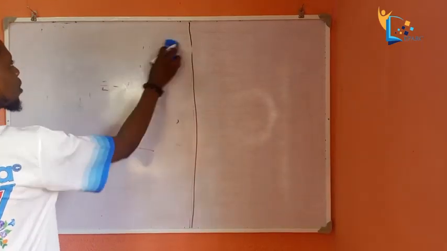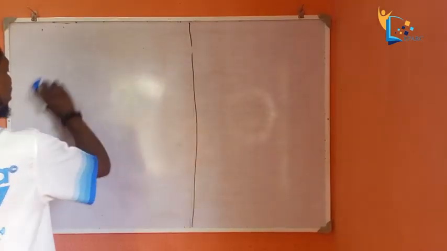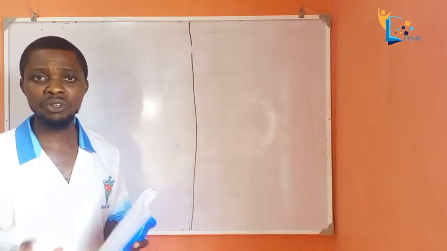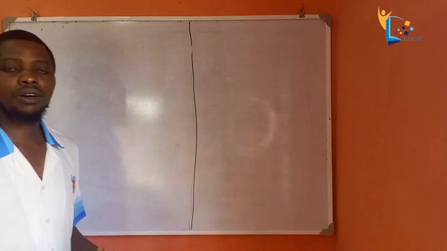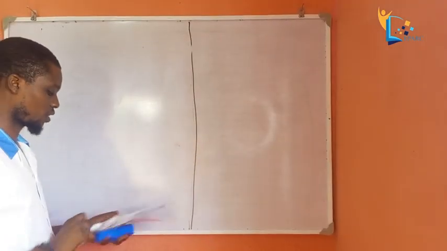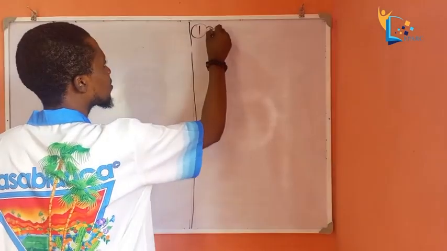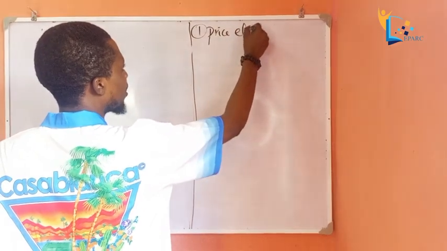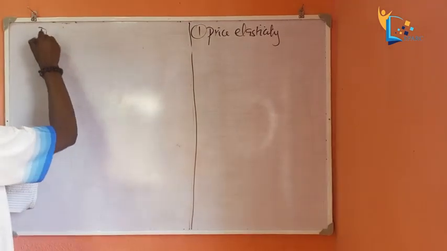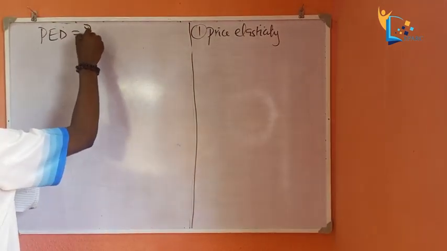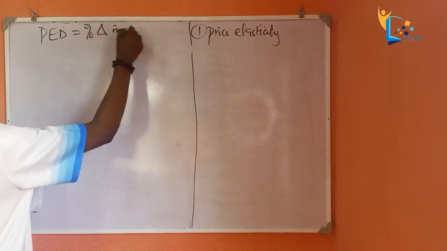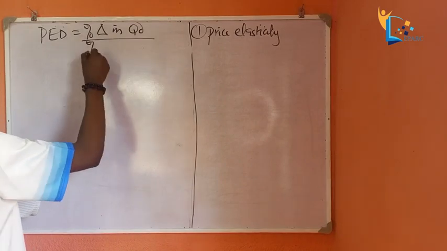Now we're talking about the price elasticity, the income elasticity, and the cross elasticity. Are we together? Please pay key attention. We're going to look at the first one, which is price elasticity of demand. The formula is given as percentage change in quantity demanded all over percentage change